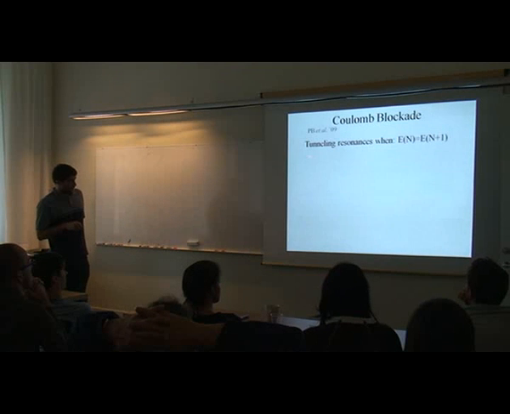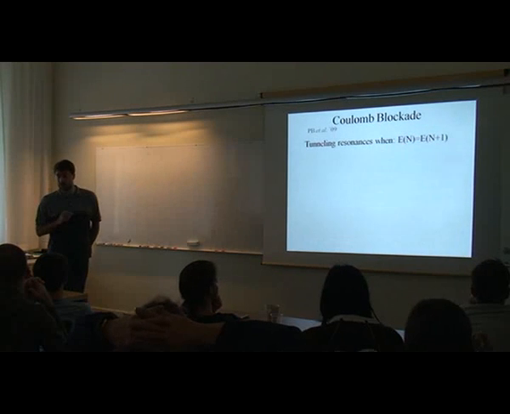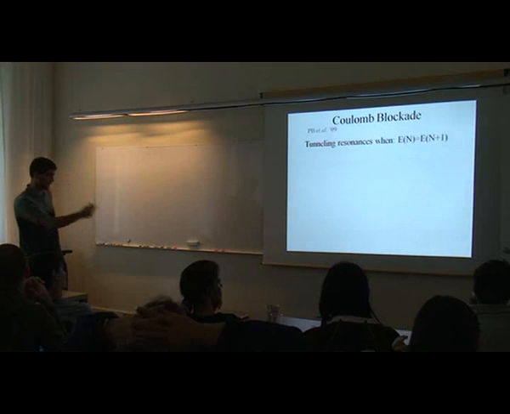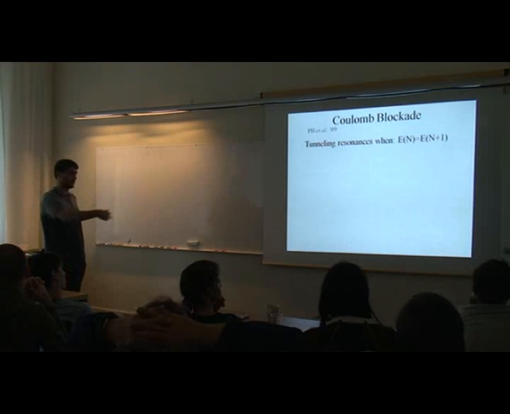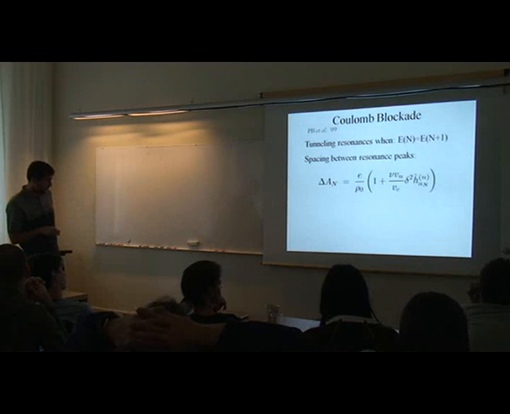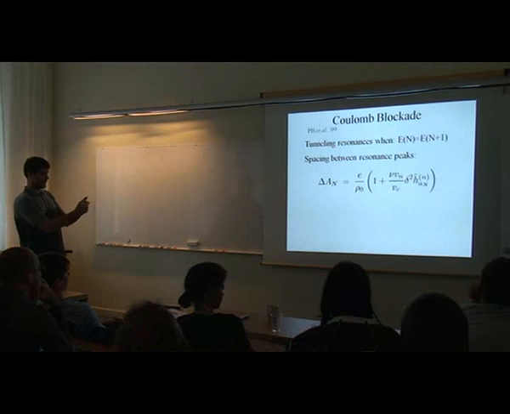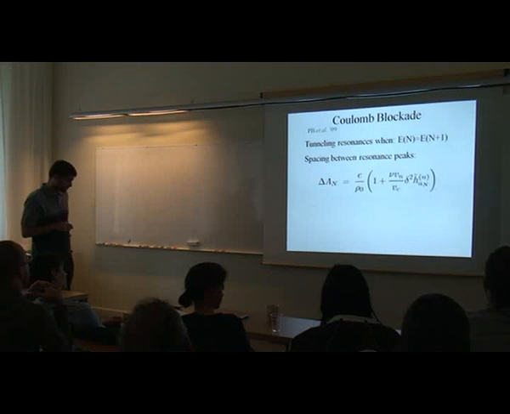And then you'll find your tunneling resonances when you have the edge energy being equal for two different values, n and n plus 1, of electrons in this puddle. So that makes it easy for electrons to tunnel in and tunnel out. That's the idea here. And then you can use the previous expression to write the spacing, as you vary the area of the puddle, between resonance peaks,